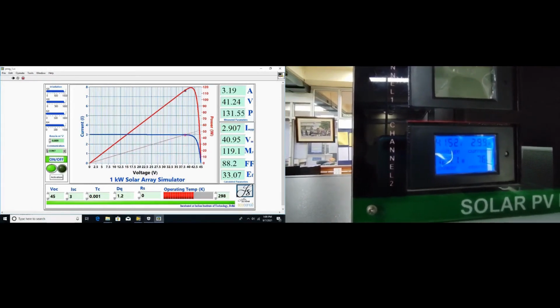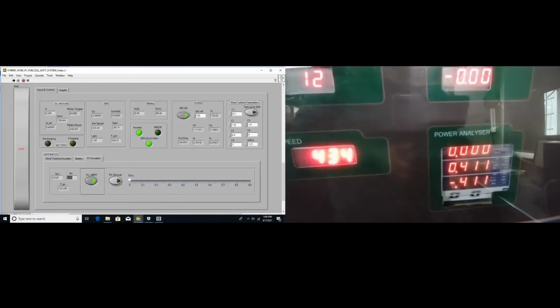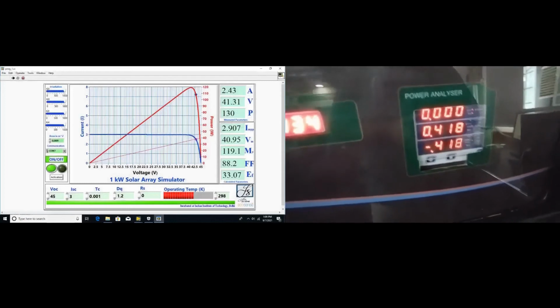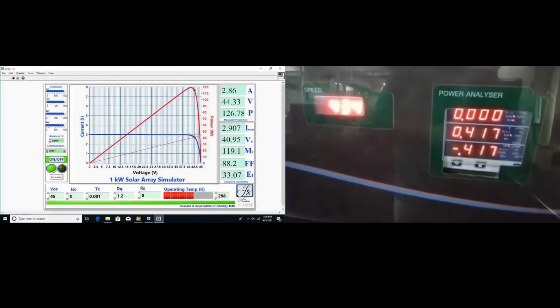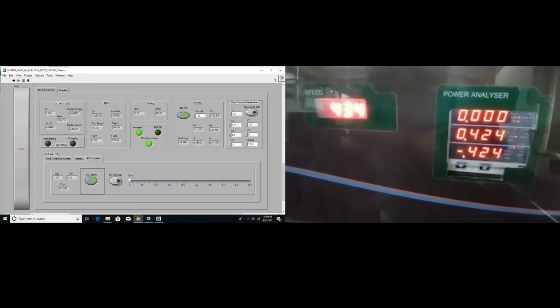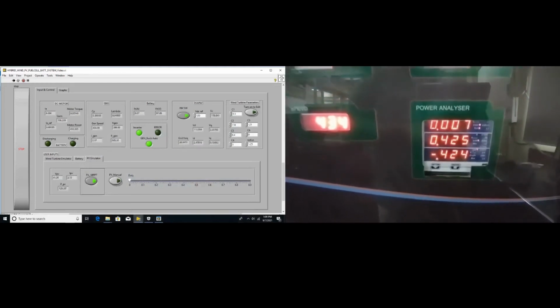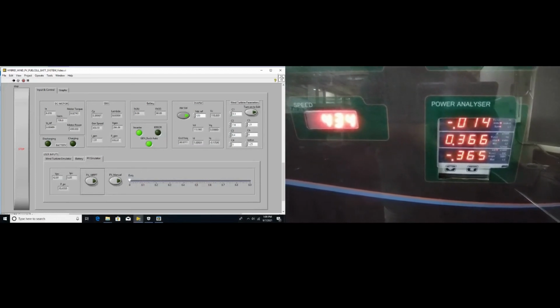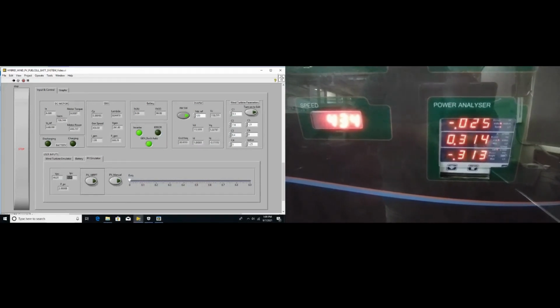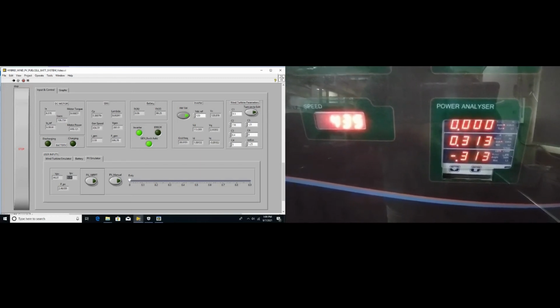Again, coming back to the measurement panel, as we can see, it is showing 418 watts of power going towards the grid, out of which around 315 watts are coming from the wind turbine emulator side, and the rest of the power is coming from the PV emulator side. As soon as we switched off the PV emulator, we can see only power generated by wind going towards the grid, which is around 300 watts.